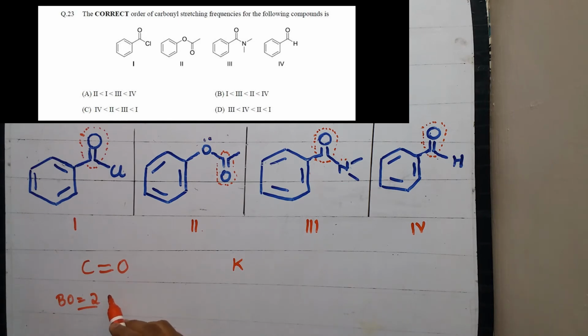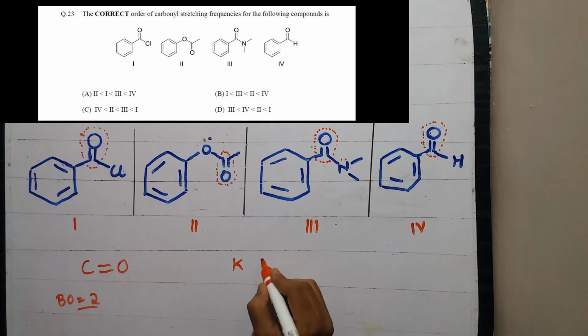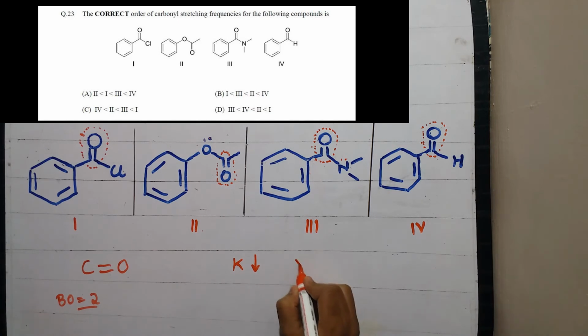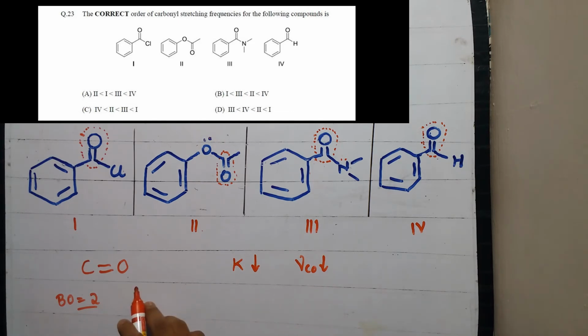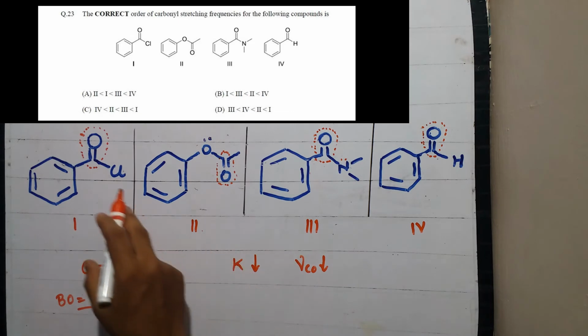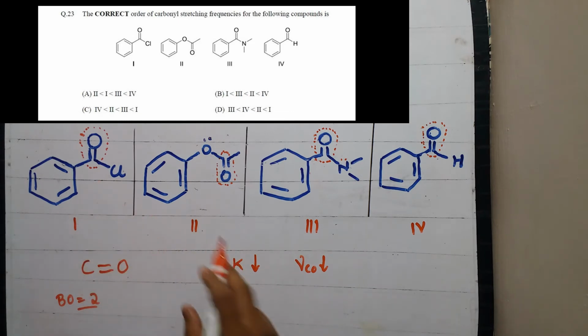As the bond order of carbonyl decreases, the bond strength also decreases, which results in a decrease in the nu CO value. And this decrease in bond order depends on the environment of the CO. So if we consider